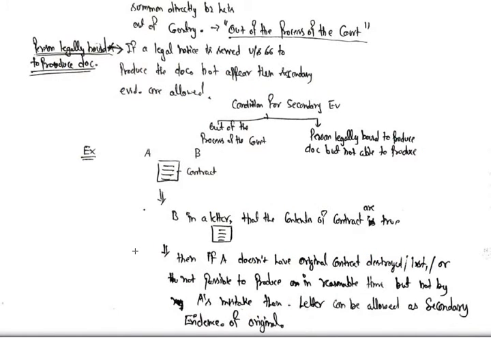अब कई बार क्या हुआ कि मान लो A और B के बीच में एक डॉक्यूमेंट था, ओरिजिनल डॉक्यूमेंट। अब मान लो बाद में B ने एक लेटर में, जो उसने A को लिखा था, इस डॉक्यूमेंट के कंटेंट्स को एडमिट किया है। A और B ने एक डॉक्यूमेंट बनाया, कॉन्ट्रैक्ट बनाया, और बाद में मान लो दोनों में डिस्प्यूट हो गया।